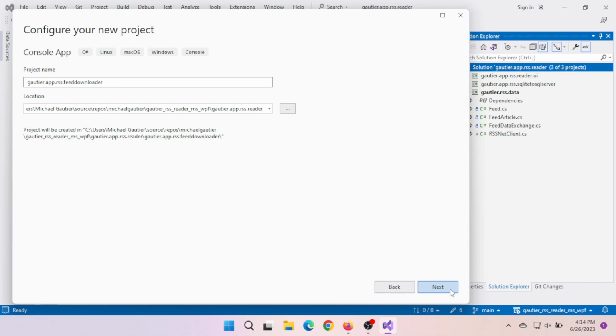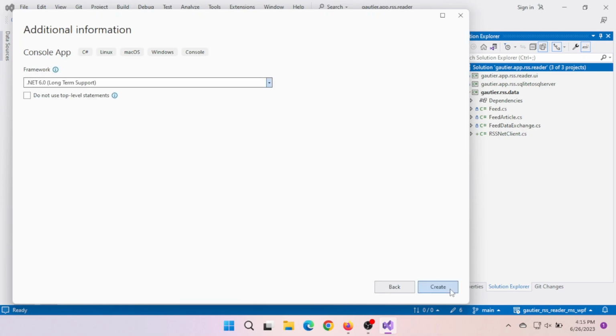And in this case, the name feed downloader seems like a very appropriate and straightforward indication of what is being done in the case of this project, right? And I'm going to set it to .NET 7,